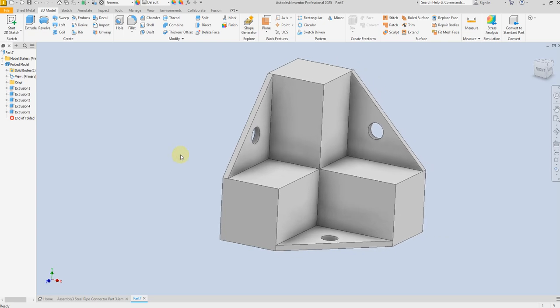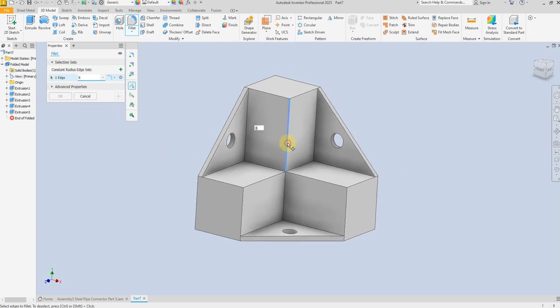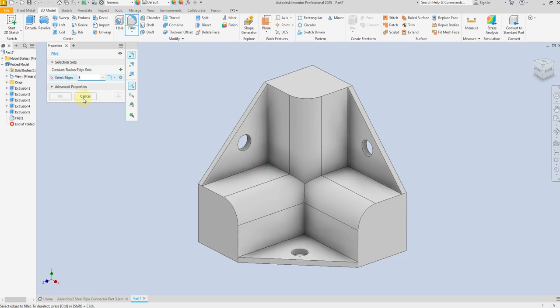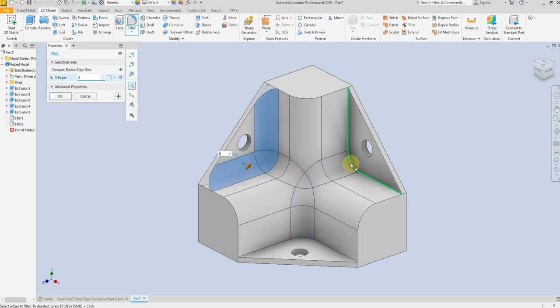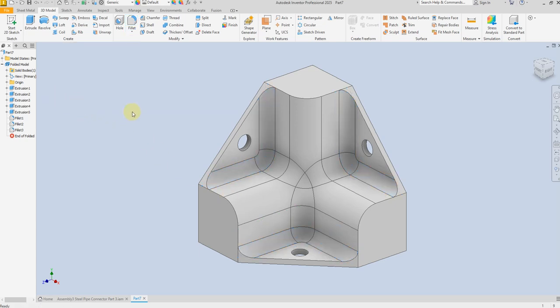Perfect. Now select fillet, and let's give a dimension of 8 millimeter and select this one, and this one. Okay, next select this and this one and this one and give a dimension of 6. Next select this one, and this one, and let's give a dimension of 4. Okay,